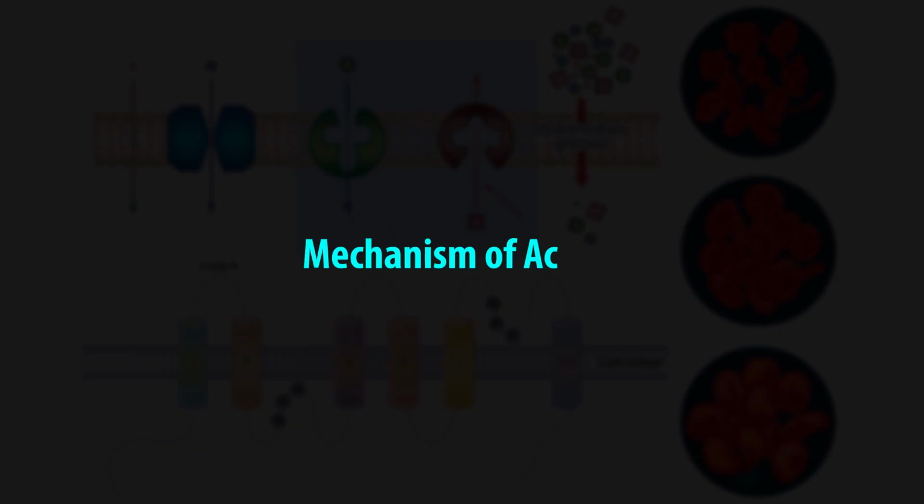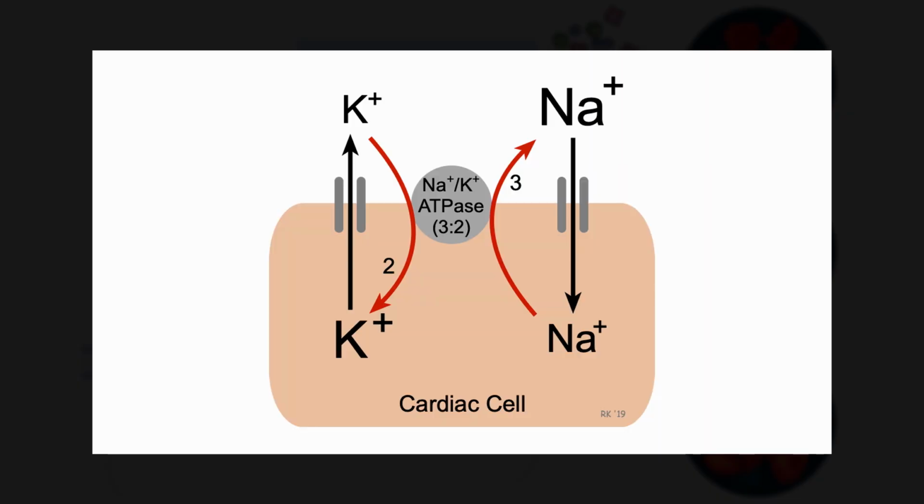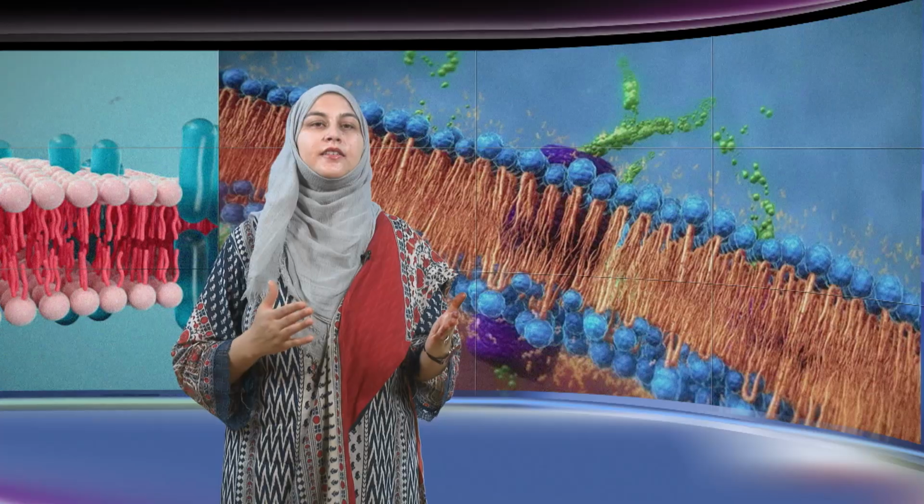We will now discuss the mechanism of action. It uses ATP hydrolysis to pump 3 sodiums out and 2 potassiums in per cycle. It generates a negative resting membrane potential, which is around -70 millivolts, and prepares nerve and muscle cells for action potential transmission. The biological function includes that it restores ion gradients after action potential, provides energy for sodium-linked glucose and